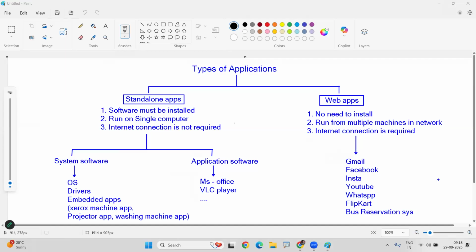Next, a few more things are there. Theory concepts first, then slowly we will enter into the programming part, so don't worry about that. Today we will learn completely about the theoretical concepts, then I'll explain a few little programs. Okay, now